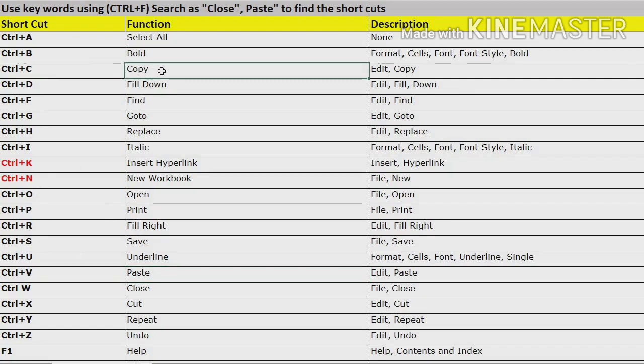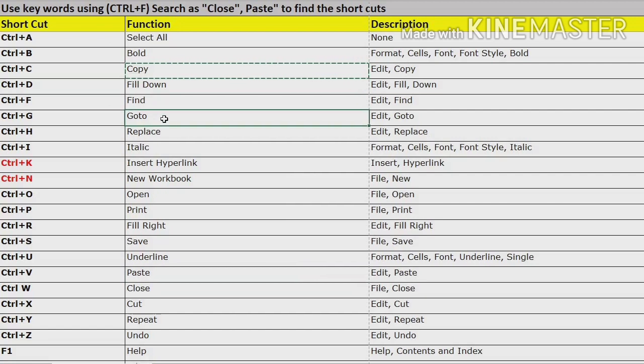So let me copy the word copy. So I'm going to press Ctrl C together, and you can see the blinking lines around the cell, and I'm going towards the paste cell and I'm going to press together Ctrl V, and you can see the word paste has disappeared and you have copied the word copy from that cell. It's so hilarious, right? So okay, so our next is Ctrl plus D, which is used to fill down the